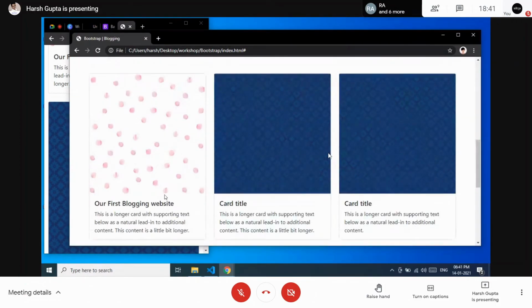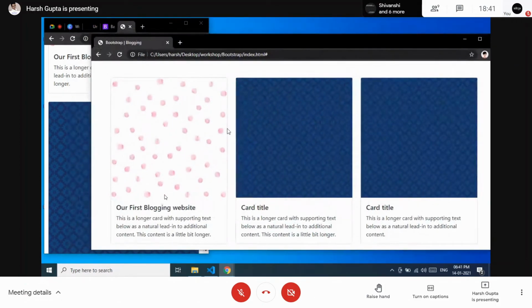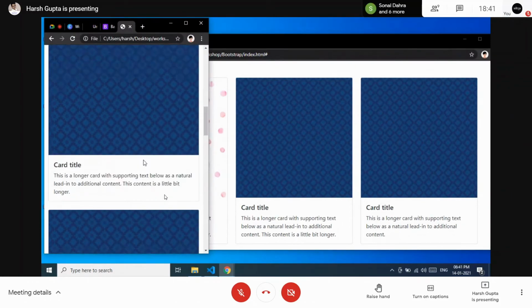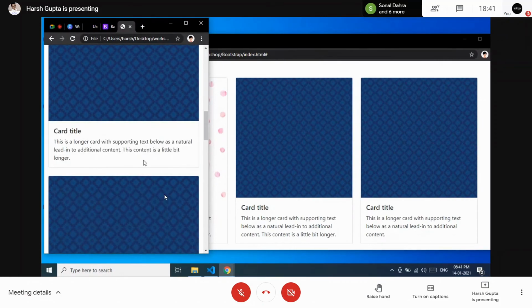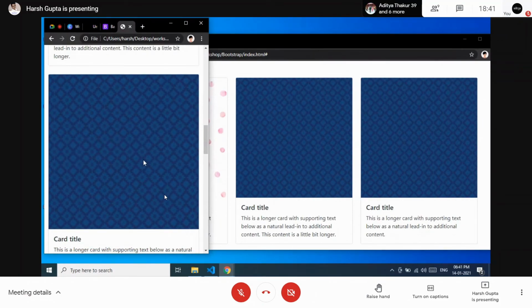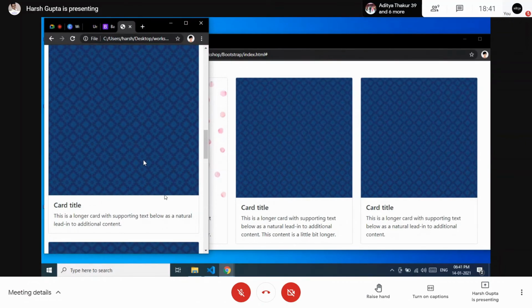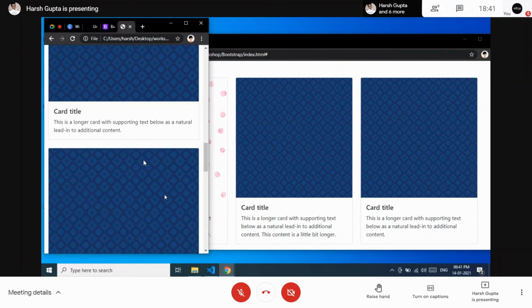Just observe this. On the desktop view, we have three cards in a row on our desktop page, but on the mobile view only one content is showing at a time. So that's how responsive web design works on our website. It is making the content more and more responsive towards the devices which we are using.